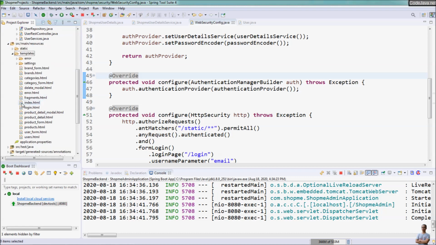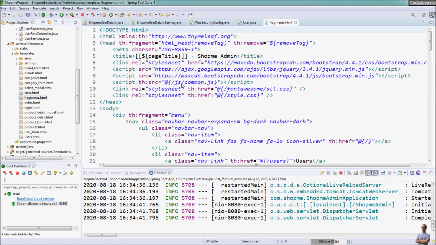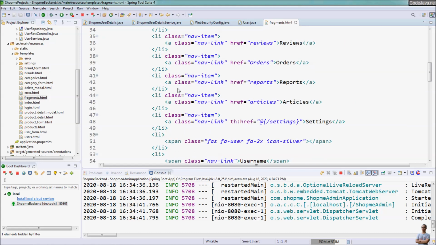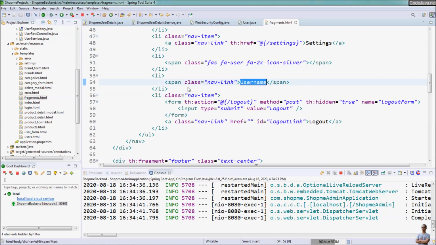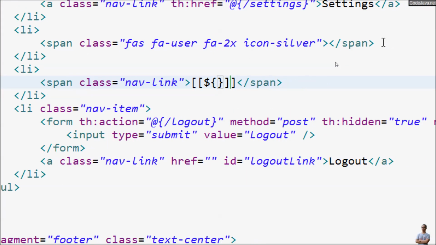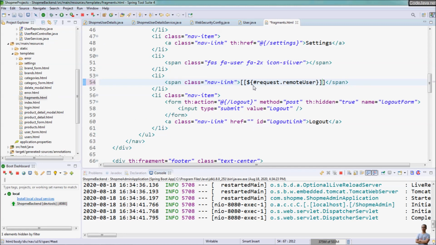Open the Thymeleaf view template that contains the code to display the username. This section is the menu item, and you can use Thymeleaf syntax that prints the value of the currently logged in username from request.remoteUser. That's it. Very simple. Save and refresh,